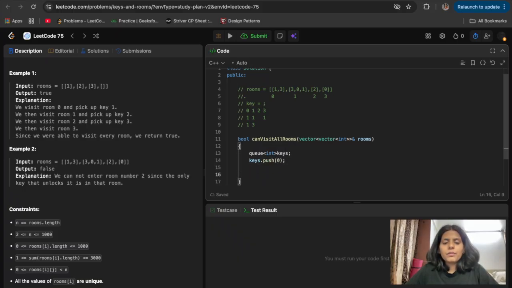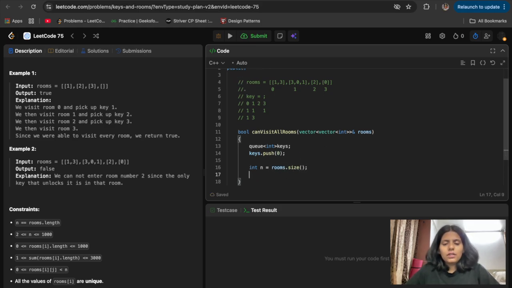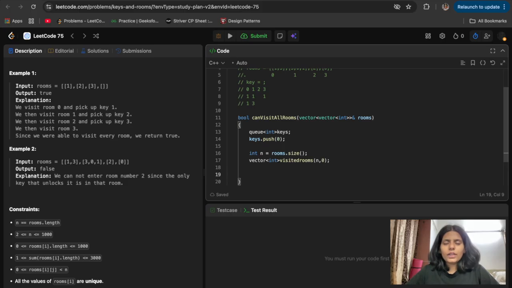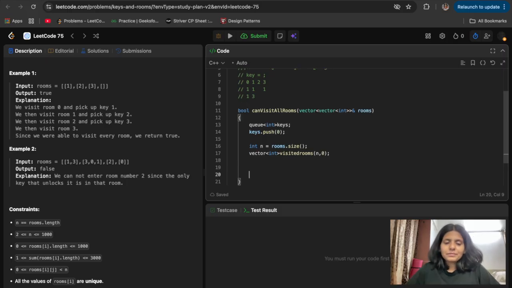Then I will have n equals rooms.size(), and then we'll take a vector of int visitedRooms of size n, initialized with 0. I haven't visited any rooms, but I have the key of the 0th room.